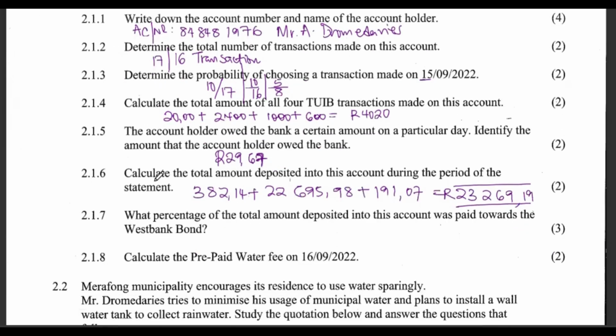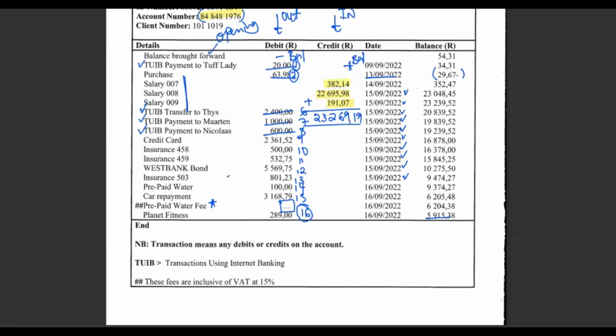All right, 2.1.7. What percentage of the total amount deposited into the account was paid towards the West Bank bond? So first and foremost, we need to identify where is the West Bank bond, and we go there. We shall come and indeed we find it. It's here. But how much went out? It's this much. So since we're looking for the percentage,